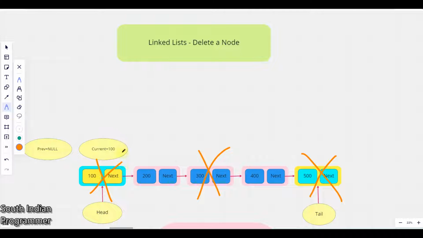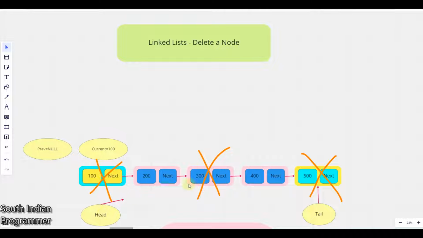Okay, when I delete this head node, what changes will happen? How do I delete it? I can just go and make my pointer point to the next node. So that case is there. When I'm deleting the first node, I just point the head to the next node, and I can delete this with the free function. Okay, the next condition is